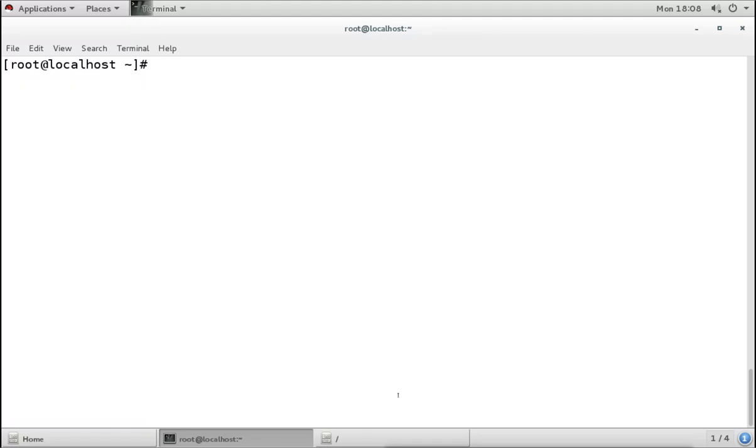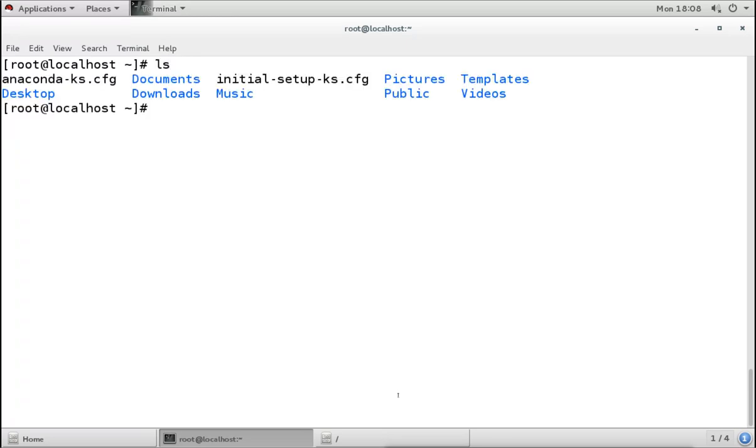Now we have other options also, which are also important. For example, this is normal ls, and then I will use ls -t. First I will show you t.